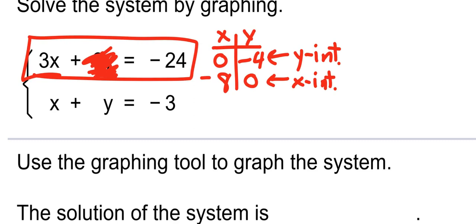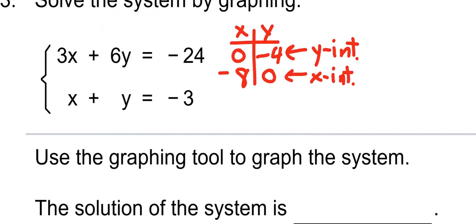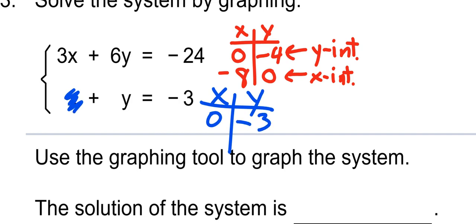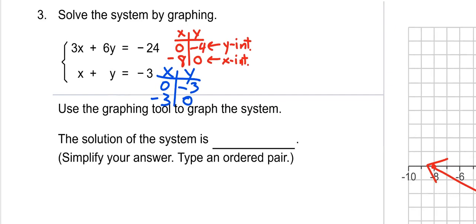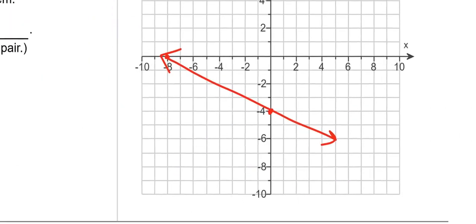Alright, let's try the other one here. We're going to make a little chart. X, Y, plug in a 0 for X. Well, if you plug in a 0 for X, what does that leave you with for Y? It's pretty obvious it's negative 3, right? Likewise, if I plug in a 0 for Y and that takes out this one, then I would have an X value of negative 3. Those would be the 2 points that I would need. 0, negative 3,